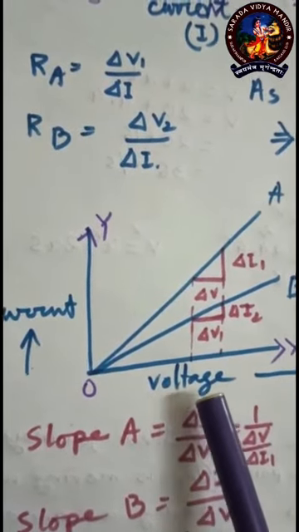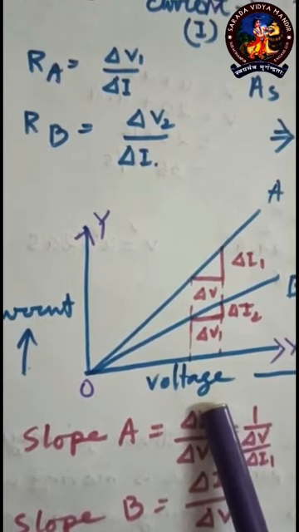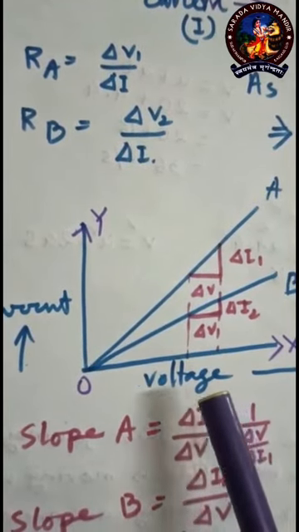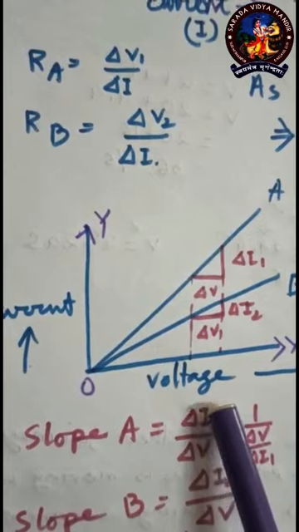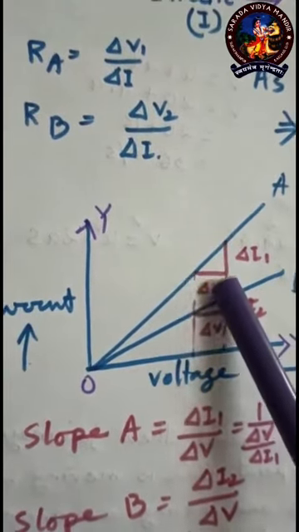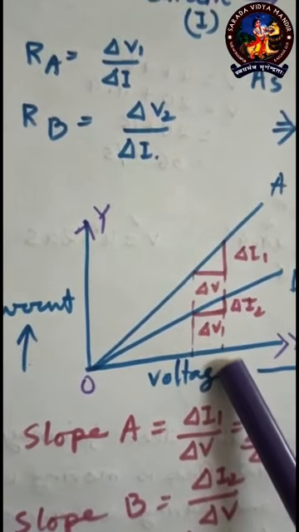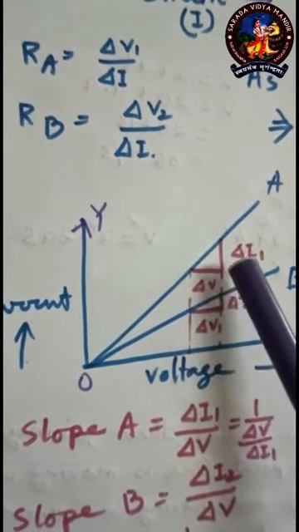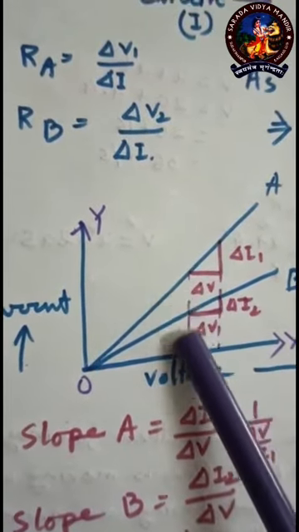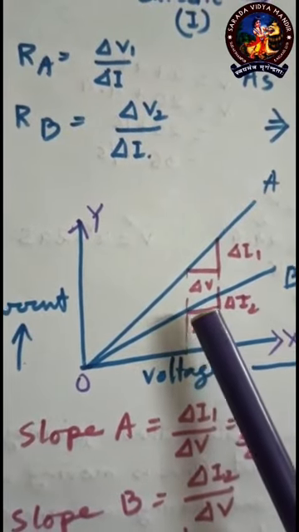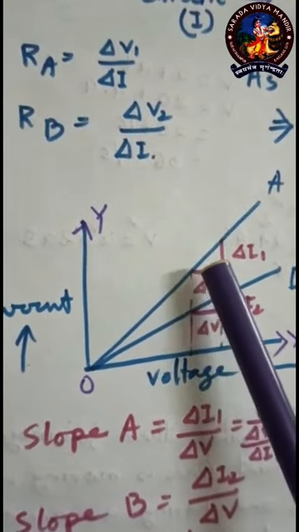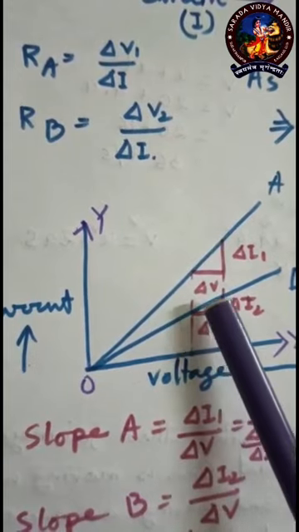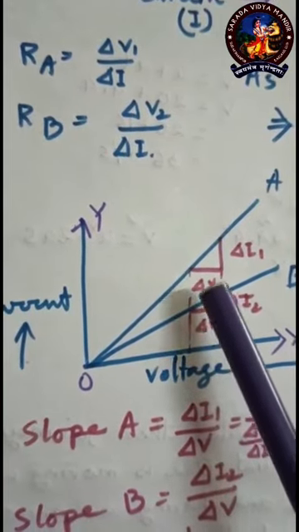So from there, if I want the slope, again I have to keep one thing constant. Which one am I making constant? Suppose that del V portion. You see that section is coming from both graphs. That is, this del V and this del V are of the same length because we have taken them between two parallel lines. So del V is constant here. I am not writing del V1 and del V2 because that is a constant part.